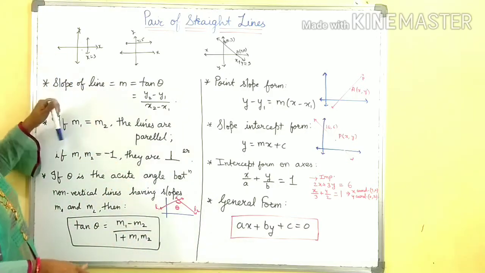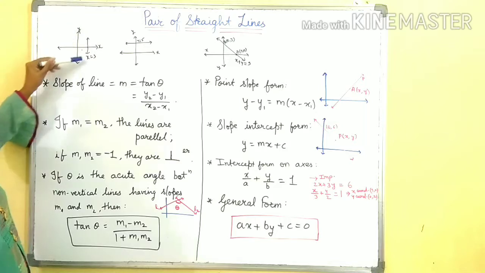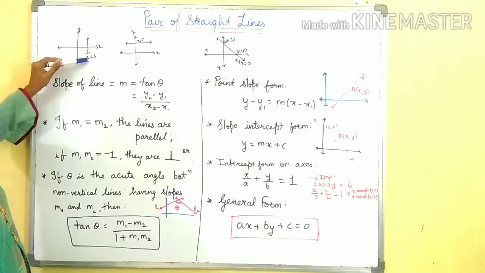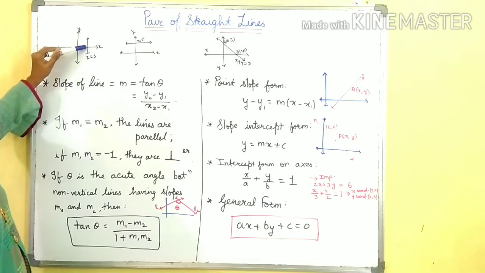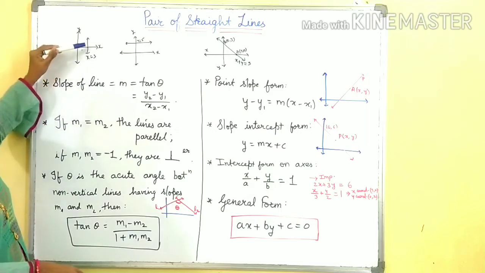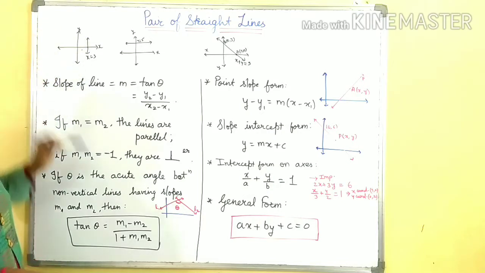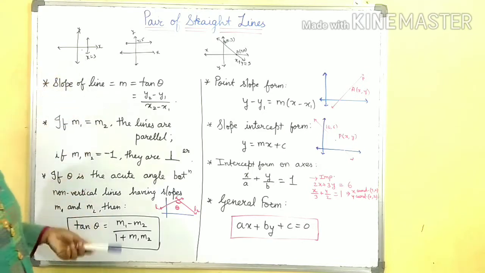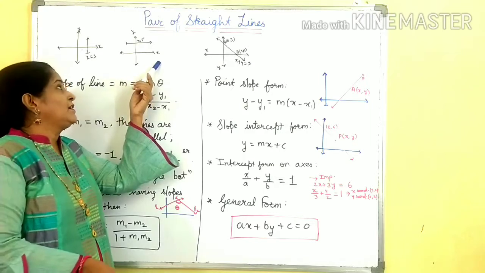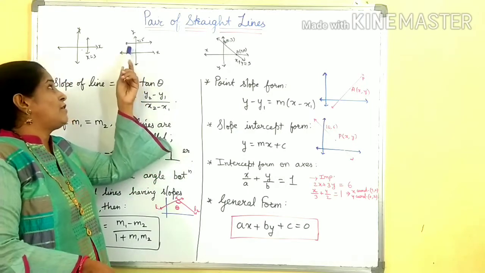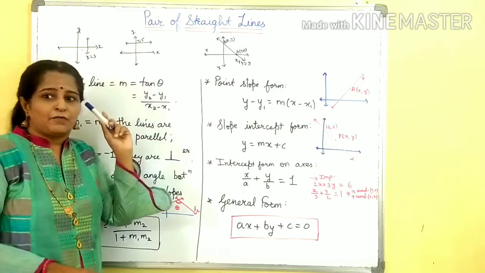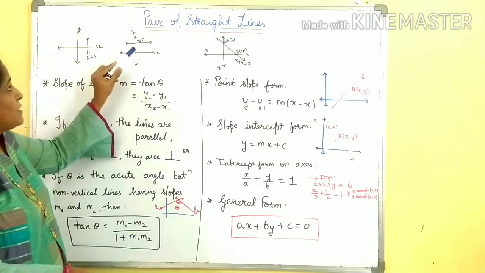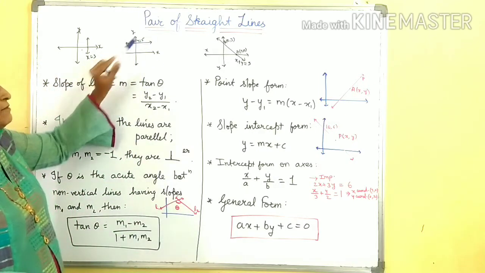As we know, straight line means we consider the x and y axes. If x is equal to 3, that means at the coordinate x equal to 3 we draw a line, and we get this type of diagram. Similarly, on the next xy plane, if we draw y is equal to 5, that means in the positive direction of the y axis we draw a line y is equal to 5.